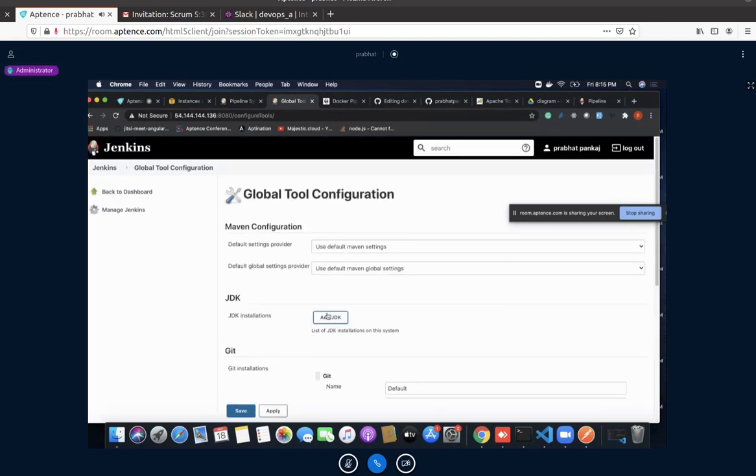Is that clear to you, when we should use global tool configuration and when we should use plugins? The major difference is that if your library is more relevant to the OS level, you should definitely use it via global tool configuration.